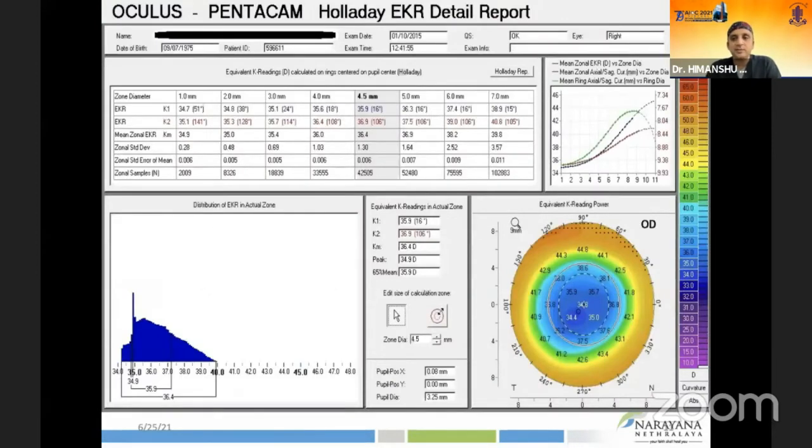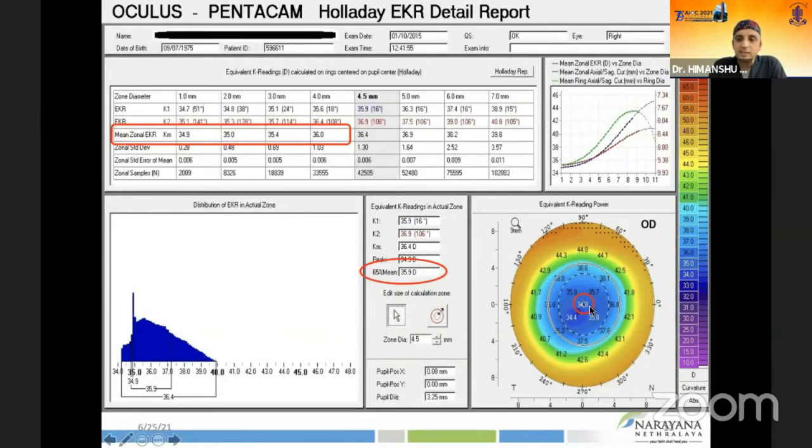And instead of the topography like OpScan, you now have Pentacam. Now Pentacam has other calculations. The reason behind taking Pentacam is that we will be able to calculate many other things, like the equivalent K reading, or EKR map, of the cornea. We can have zonal K readings from 1 millimeter, 2 millimeter, 3 millimeter, 4 millimeter and beyond that. So what we can do here is take the reading from the center part